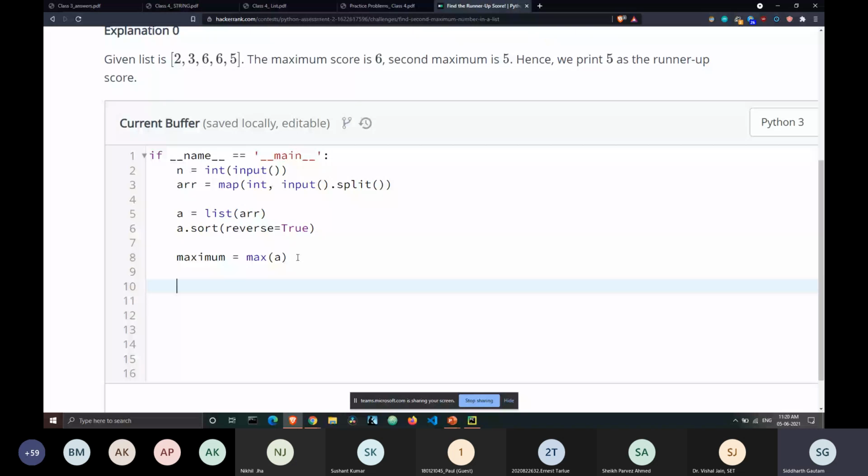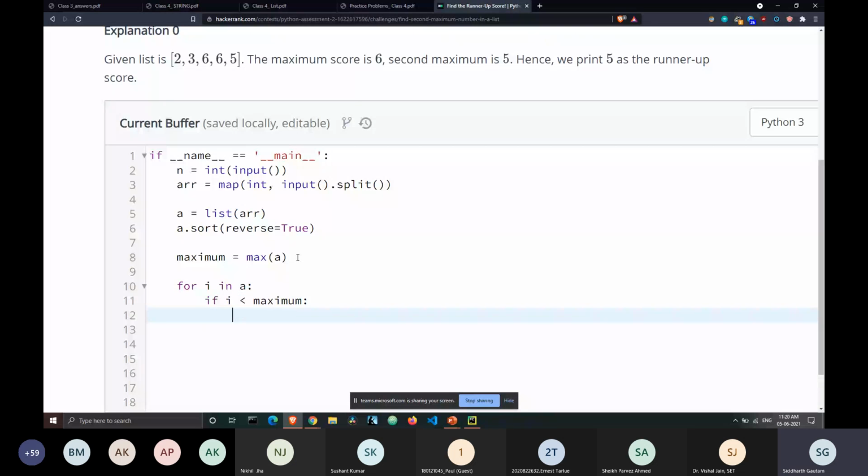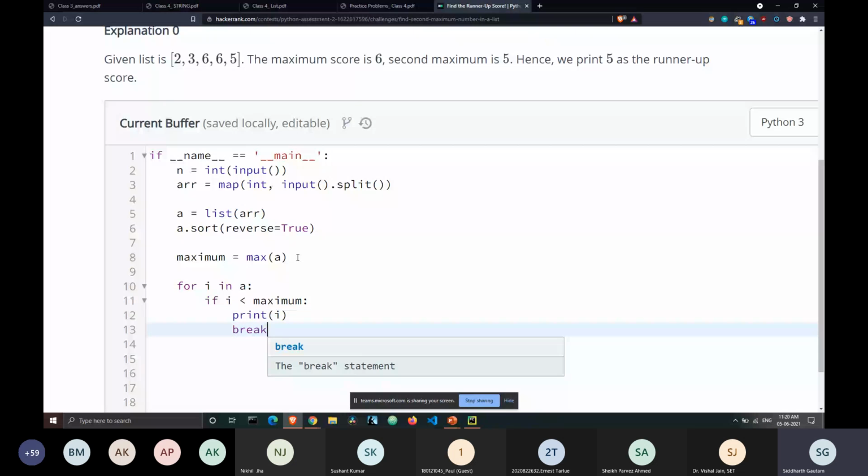So we will write for i in A: if i is less than maximum, in that case we will just print i and then break the loop. Since the array is sorted in the reverse order, the array will be 6, 6, 5, 3, 2, so as soon as it reaches the value of 5, the loop will break.